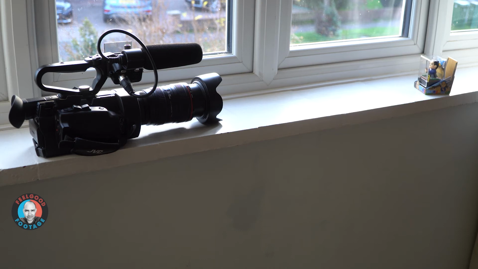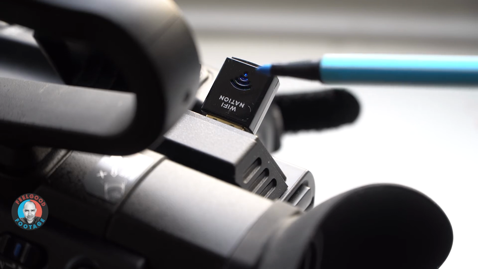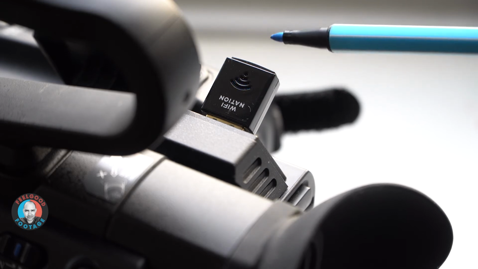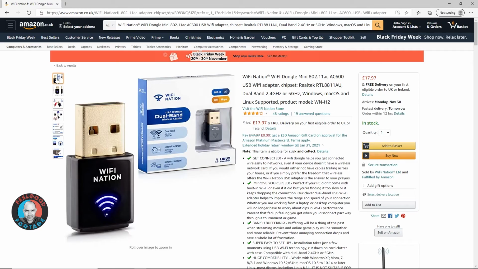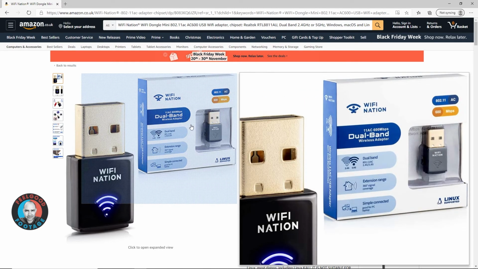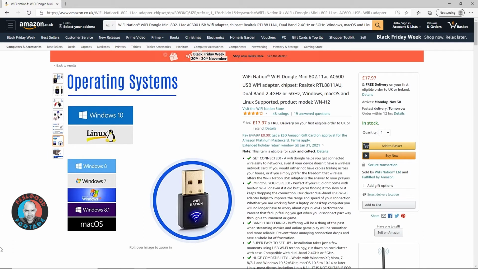However, just to make this quick and also to reflect the great flexibility the camera offers having that USB connection, I've actually connected to the internet using this little Wi-Fi dongle. If you're interested, this is the exact model I'm using because the camera is quite fussy about which ones it will accept. As I say, in the vast majority of cases, you are absolutely going to connect the camera to the internet using a cable, but it is a great option to have with this camera to be able to go completely wireless and stream.